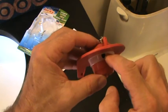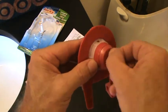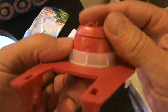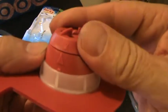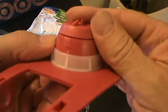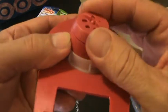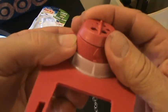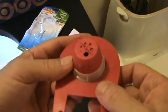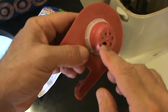Okay, so you want to get that hole lined up. And then eventually we're going to adjust this. And there's little numbers on here. See, that one says 2. See right there? There's a 2, 3, 4, 5, 6. And there's even a 1. And they say that you want to get that down to the lowest number, because what's going to happen is